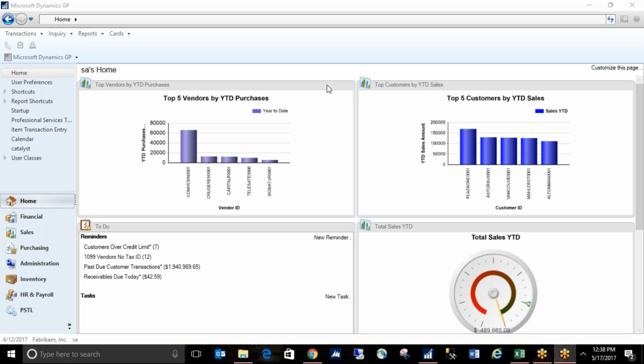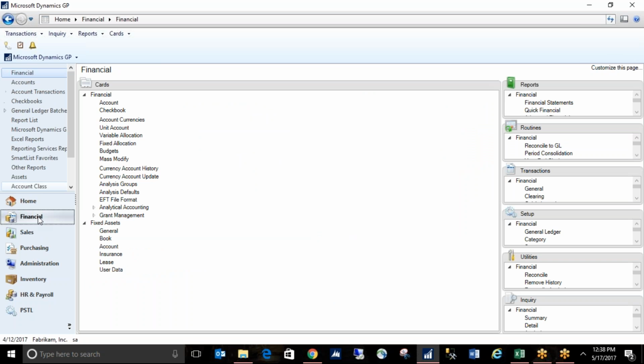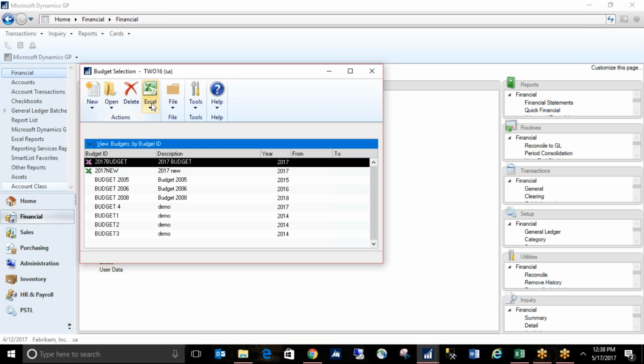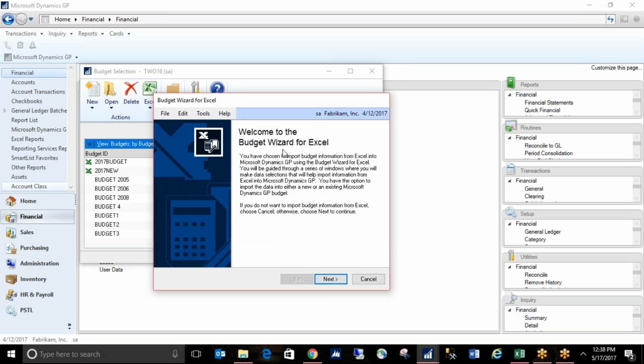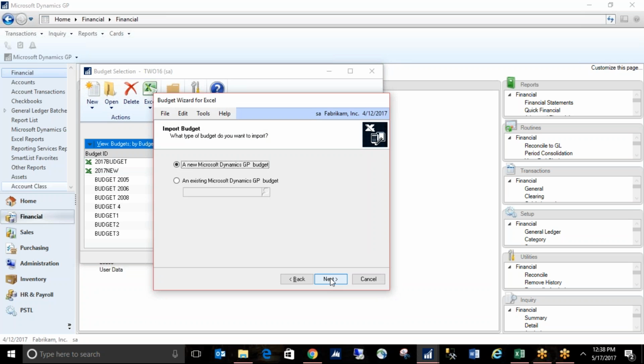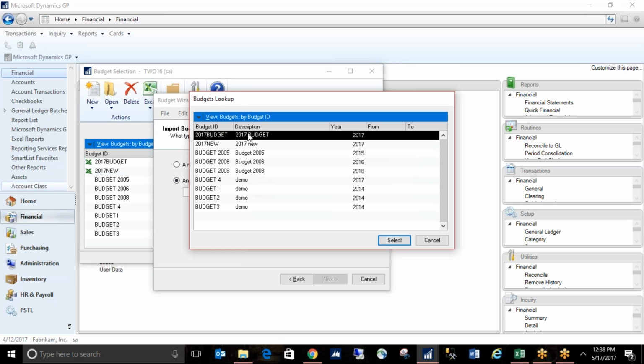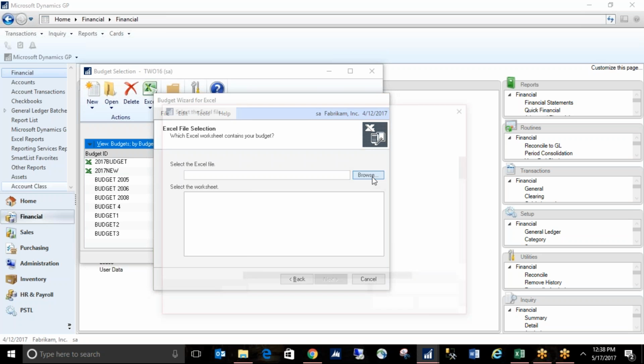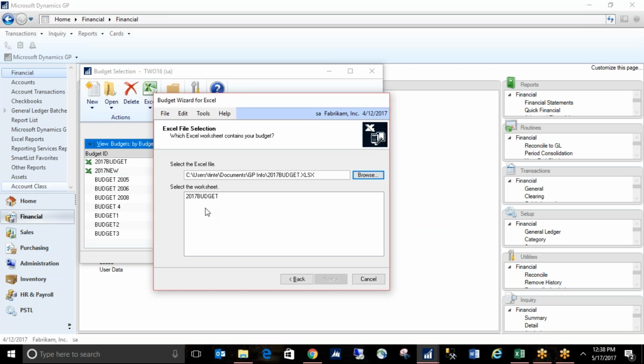So the first feature I want to show you is the new Budget Import Exception Report. If I click on Financial, and under the Cards menu, select Budgets, I'm going to import from Excel. I've got my spreadsheet already, and when I run the wizard, I'll just choose to go to an existing budget, but of course I could go to a new budget as well. And I browse to my Excel file,